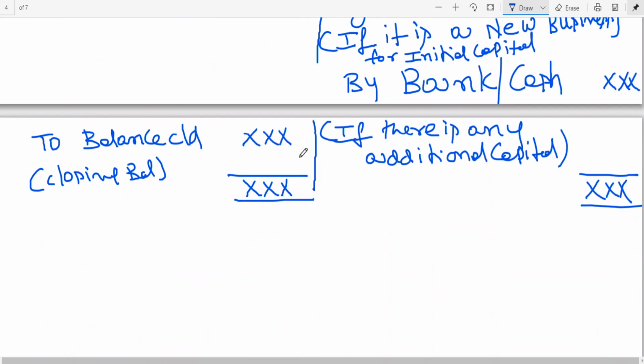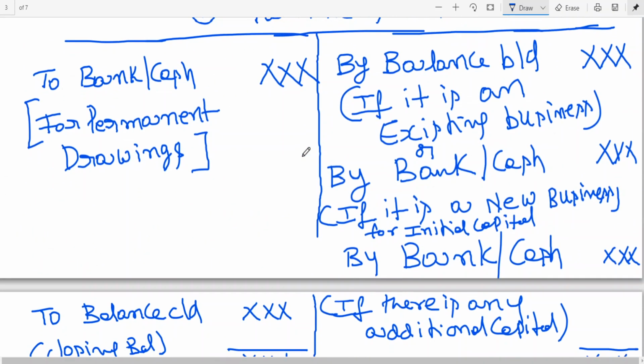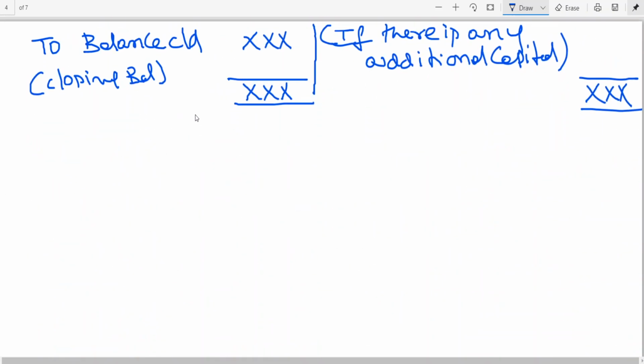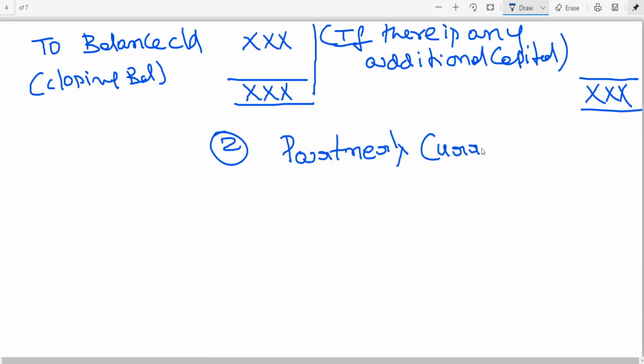Then under this fixed capital method, I have explained partners capital account first, and when you look at the second, in simple words, the partners current account, whatever we have taken to appropriation account, all those items will be taken to partners current account, including normal drawings. So that is why I am opening the format of partners current account. Partners current account format. Let me explain this.